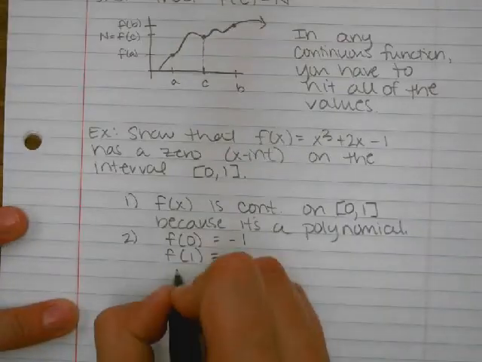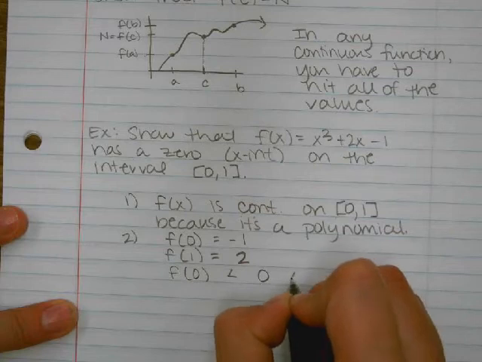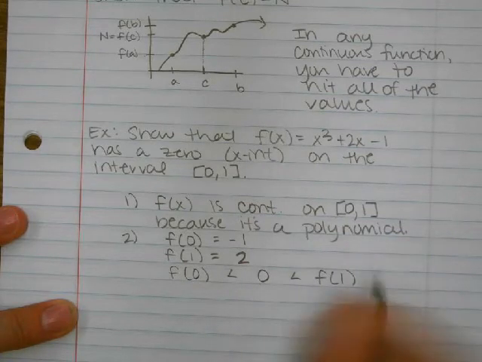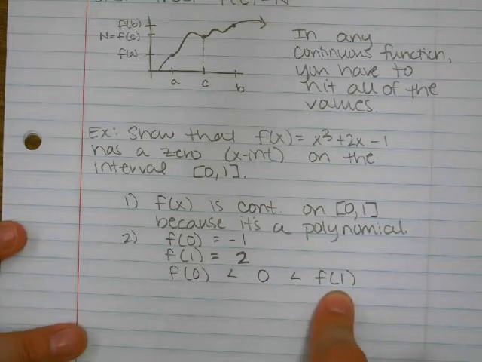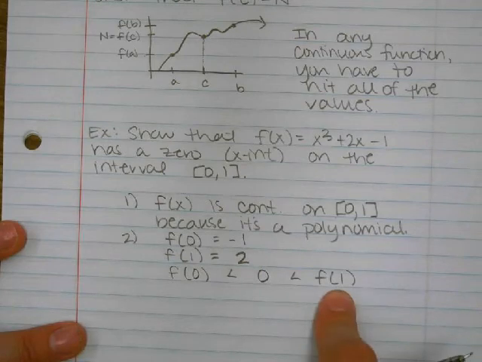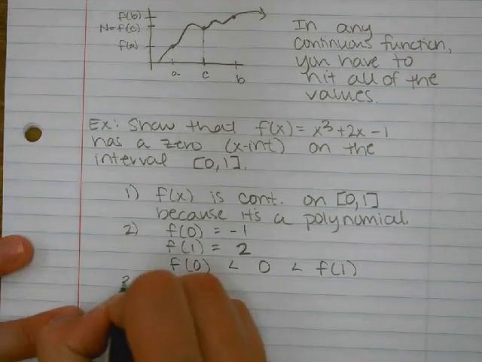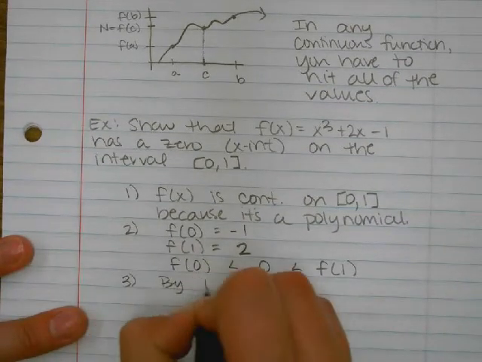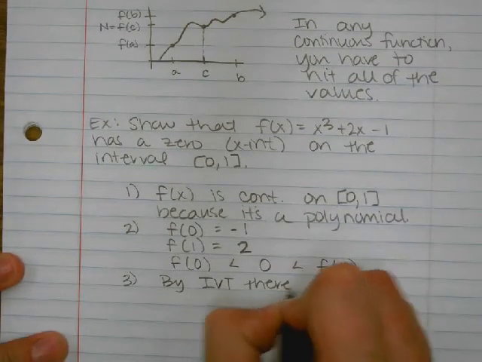So we want to check that f of 0 is less than 0, and 0 is less than f of 1, and that's true, because f of 0 is negative 1, and f of 1 is 2, and 0 is in between those numbers. Since that is the case, we can conclude that by the intermediate value theorem,